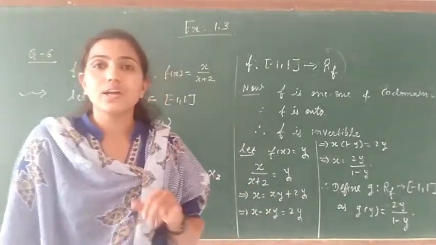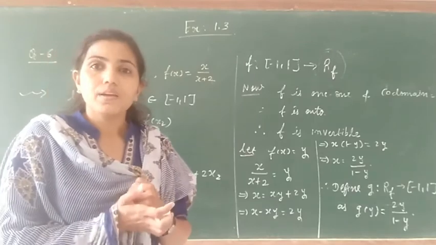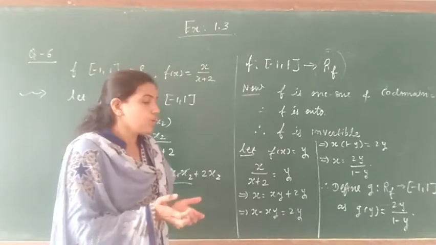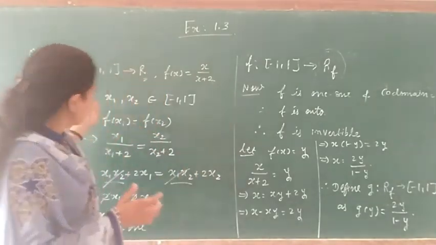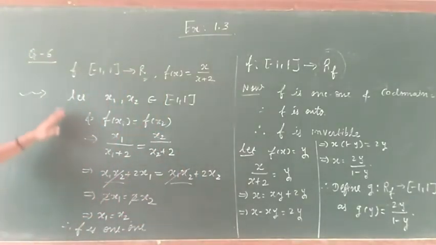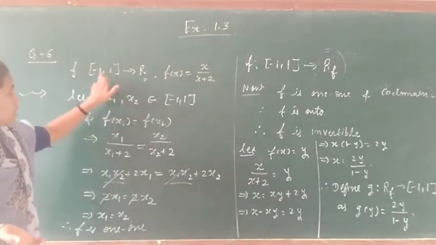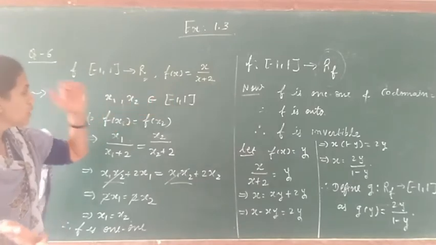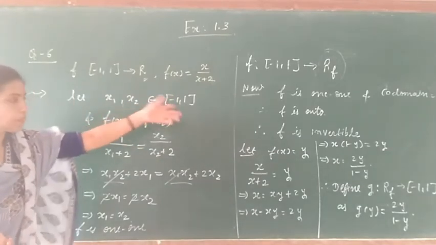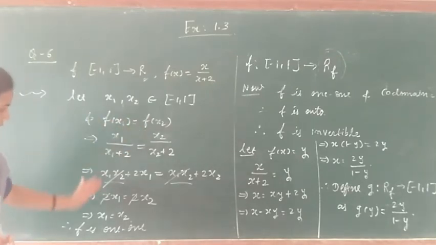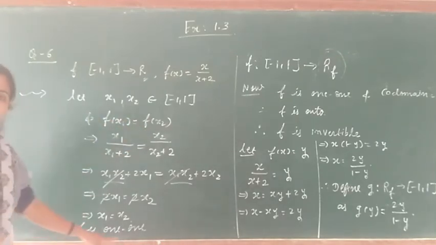So if we have to show the inverse, what do we have to show? Yes, composition, that its composition should be the identity function. Okay, so let me start with this. So you may note down this much. Okay, easy part. First, what do we have to show? It is 1-1. So what will we do? We will go through the definition of the 1-1 function. Let x1, x2 belong to the domain, that is the closed interval minus 1 to 1, and then consider f of x1 is equals to f of x2, and then we go further. So you get f is 1-1.